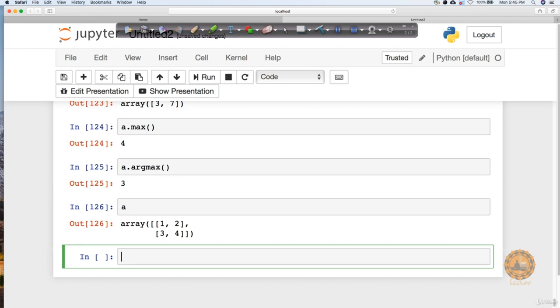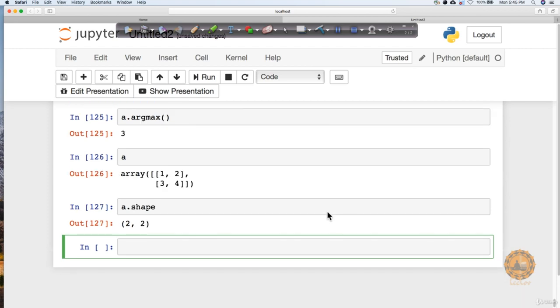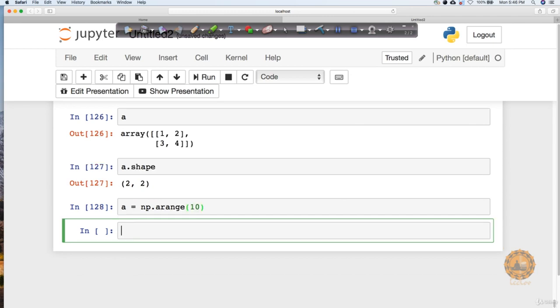Now, if you check the shape of this, A dot shape, you will get this output. But what I'm going to do now is take up another array so that we can use it for this particular format. I'm going to say A is equal to np dot arange, and I'm going to take the values from 0 to 9.